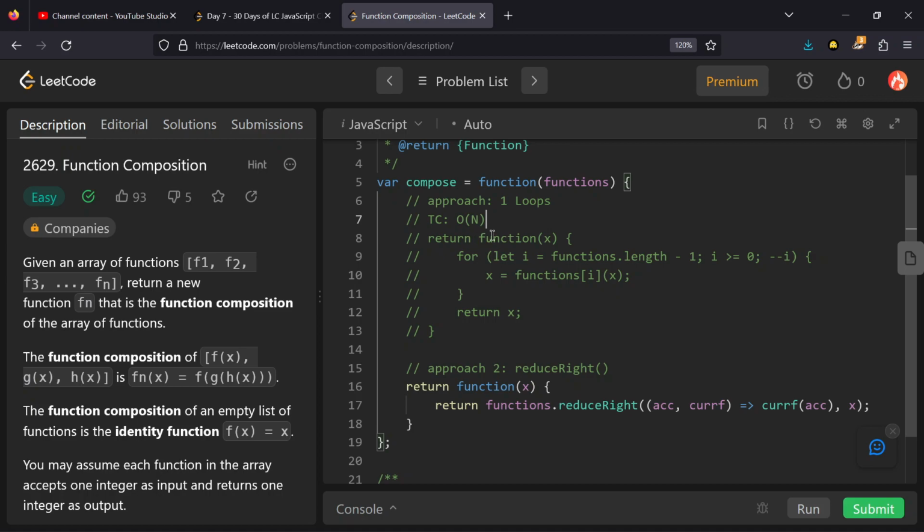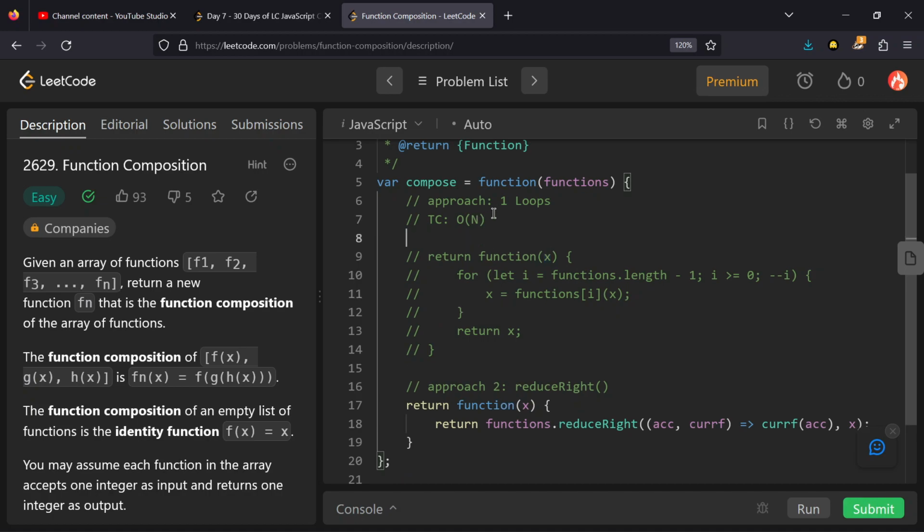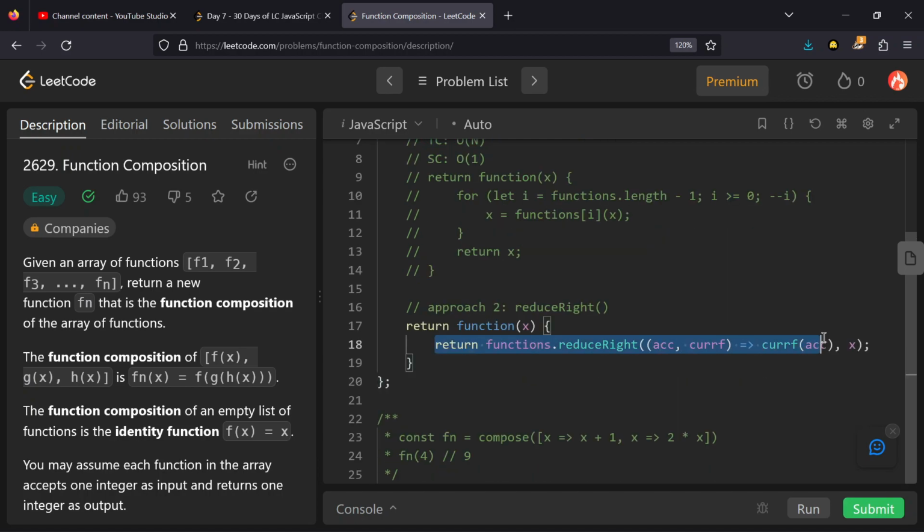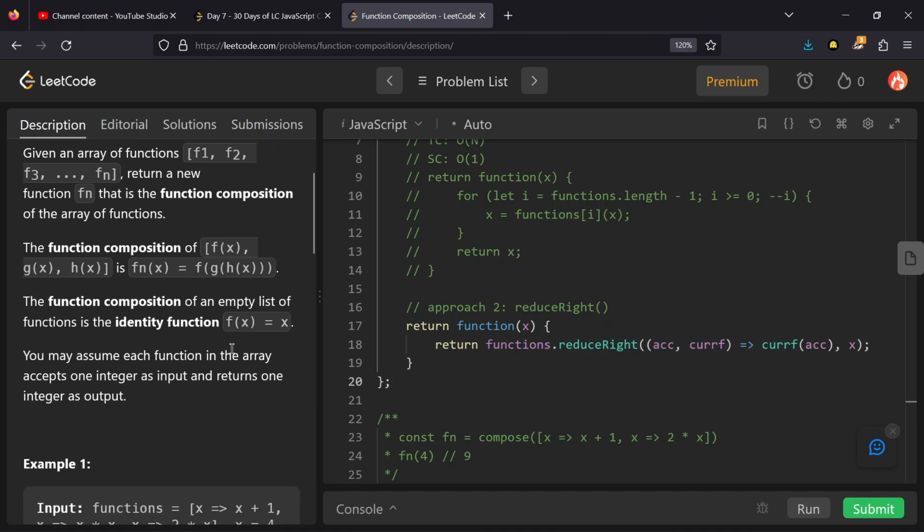And if we don't count the function's own space, which is O(n), the size of the array, this will give us a space complexity of O(1), because we are using only x. So the space complexity will be O(1) in this case. So constant space, and for this also the time complexity will be the same, because we are iterating over the whole array.